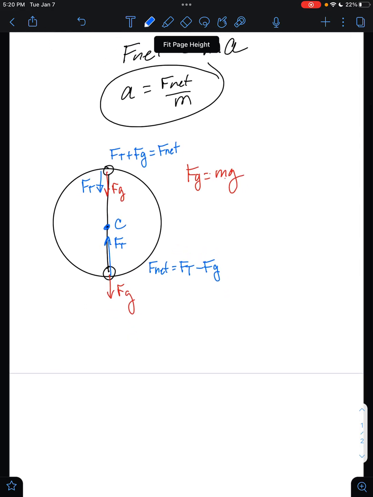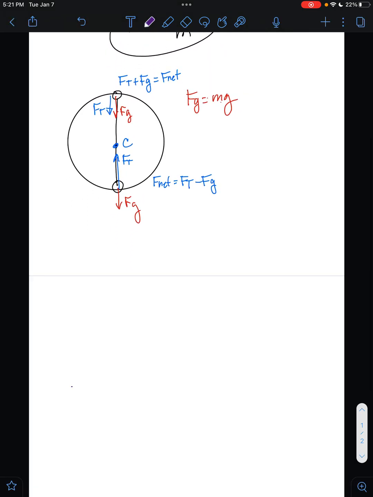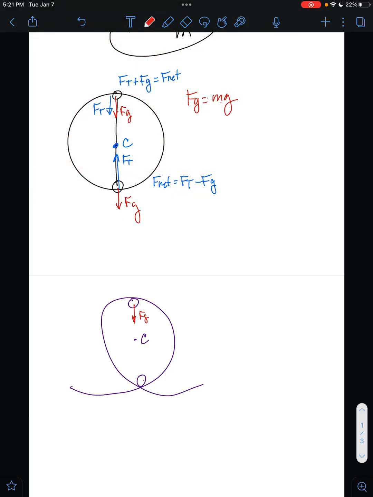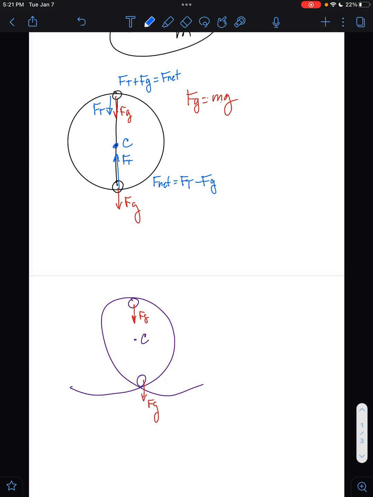The same idea is true for maybe a ball going through a loop. When you have something again going through a vertical circle, this ball could be at the top of the circle or the bottom, the places we care about, because that's where our forces can point directly at the center and make life easy for us. So we still have a force of gravity that would be going straight down, the same size at each location. Now it's a normal force that's going to work with us. But again, to have a net force pointed at the center, at the bottom, the normal force has to get large. And that's why you feel heavy, because you feel